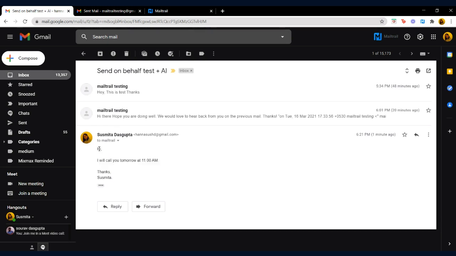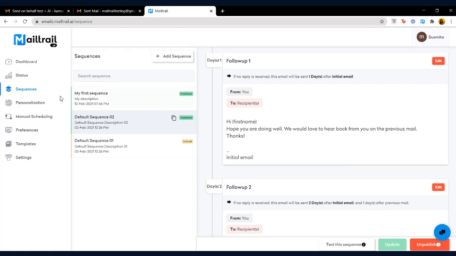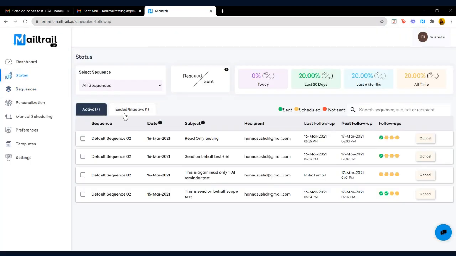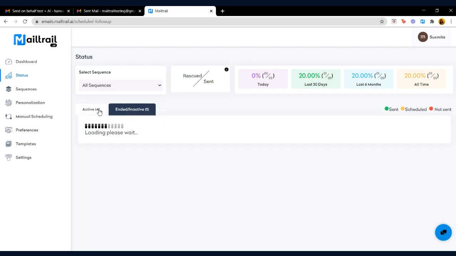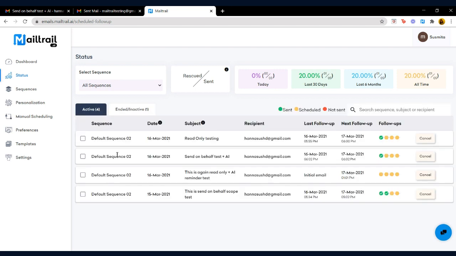First is the status in the product. The status we will show that it is inactive. One sequence is inactive, it will show like that. Here it is, see, it is showing the read only testing and send on behalf mail. One follow up has gone at this time, next follow up at this time, like that it is showing. Now as I have replied on this one, this should go here. So this will get updated after some time, but that's the basic explanation of why we are using these two scopes. So yeah, I will resume the video again tomorrow